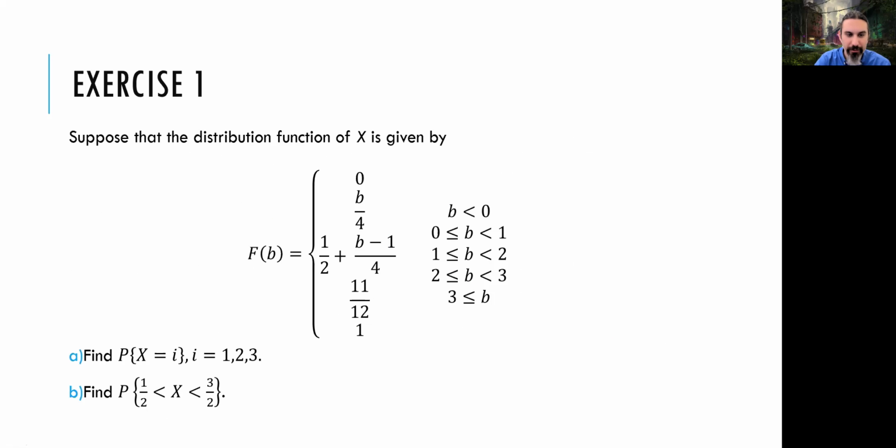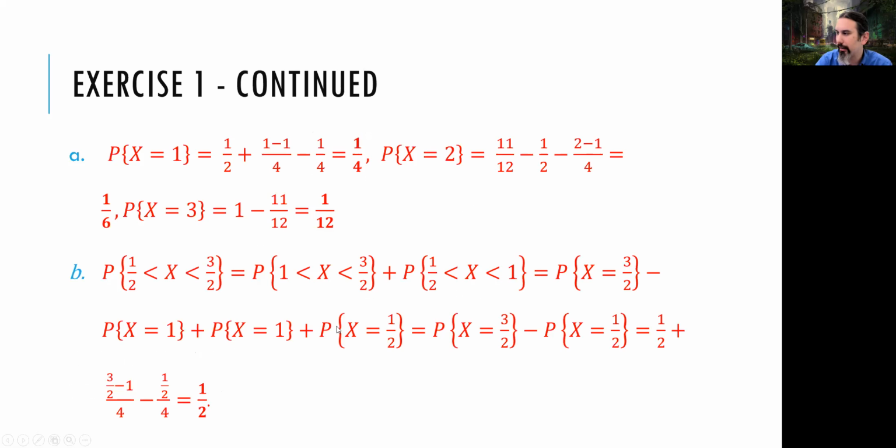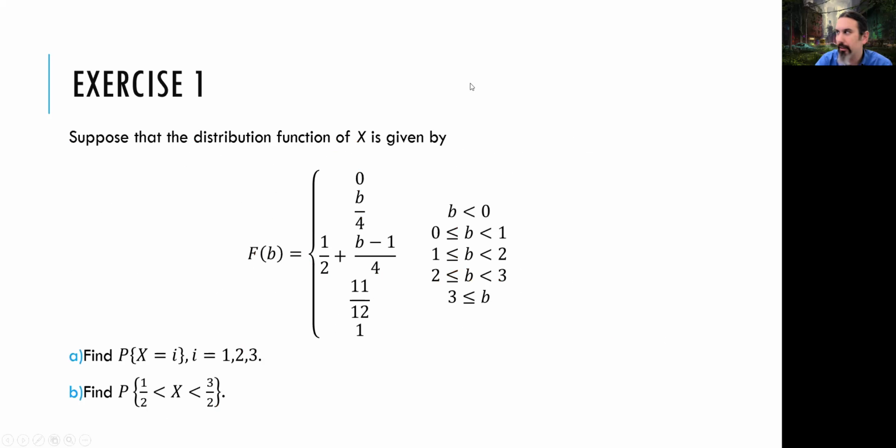And then for part B, now find the probability that x is between 1 over 2 and 3 over 2. There's a slight mistake here, I haven't corrected it yet. But when you're talking about this one, we can just annotate it and it's easier that way, draw it. And there's the numbers. We have here, here, and here. Now, let's say that this is 1 over 2. This is 1. And this is 3 over 2.